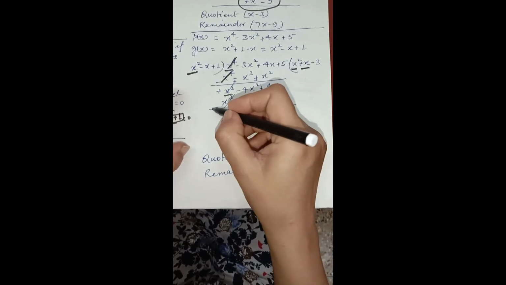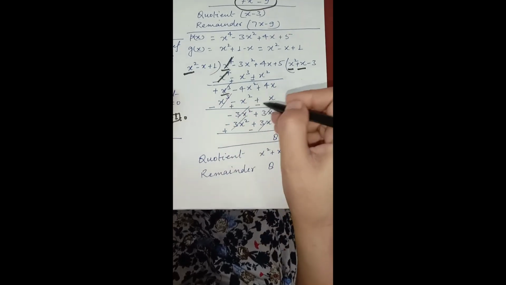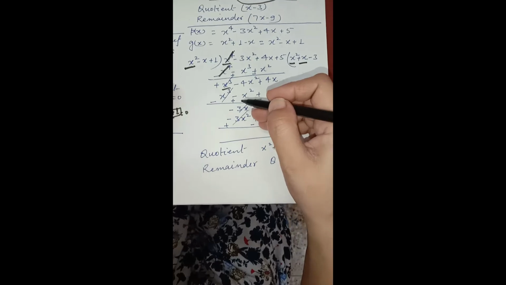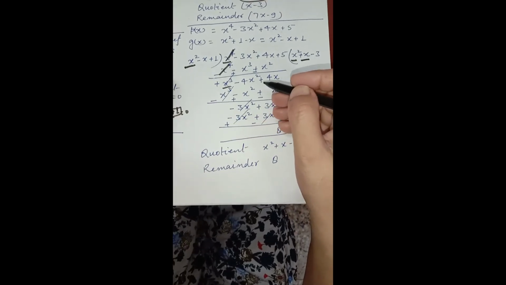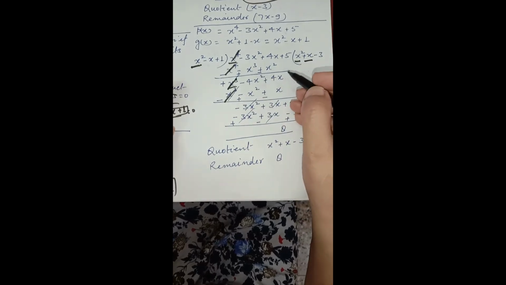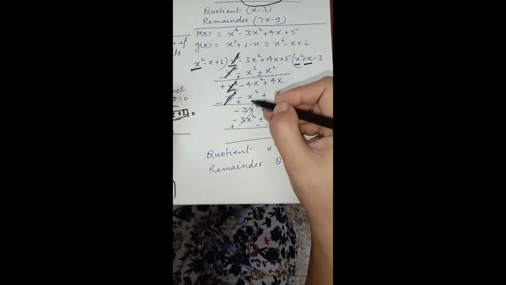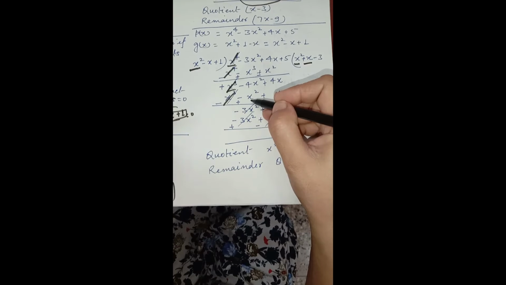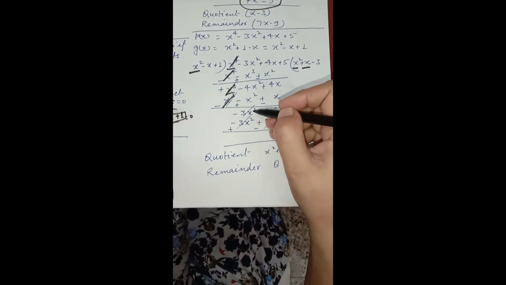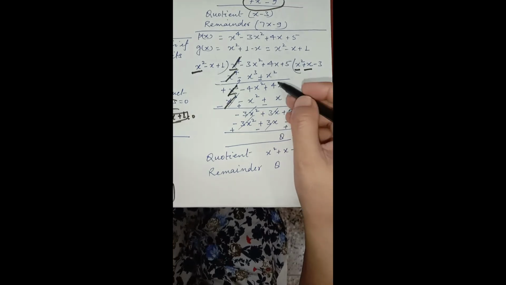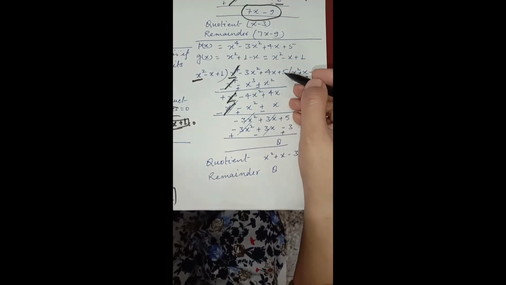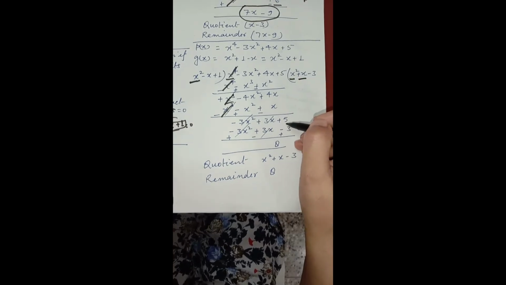Now again we will change the sign of the terms written here and subtract, in the simple subtraction way, simple division way. On subtracting, these two terms will be cancelled. This is the term of x square, this also is the term of x square. They will solve each other according to their sign. We will get minus 3x square, and here we will get plus 3x. The next term we will copy as plus 5.